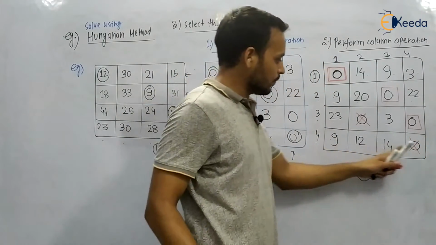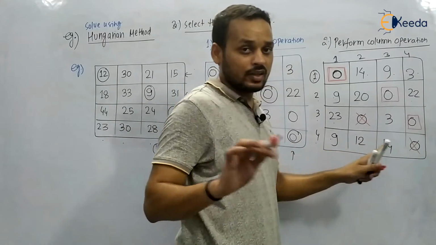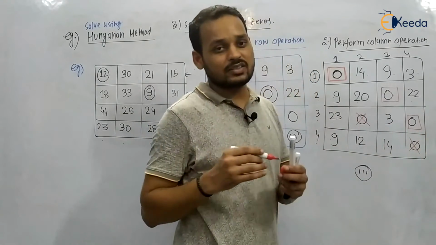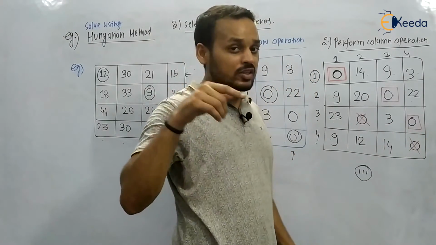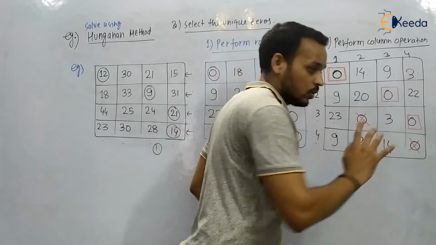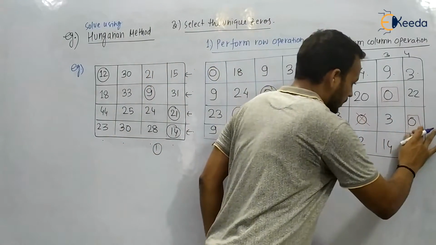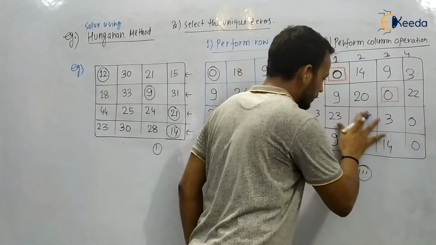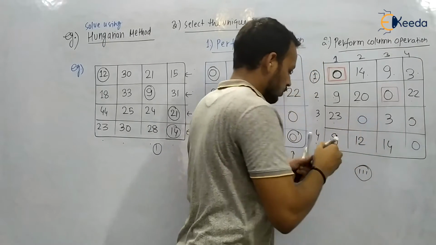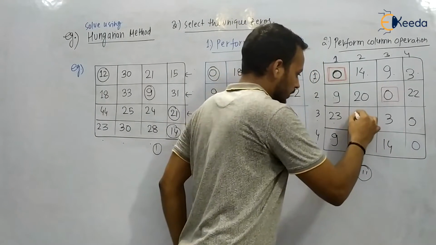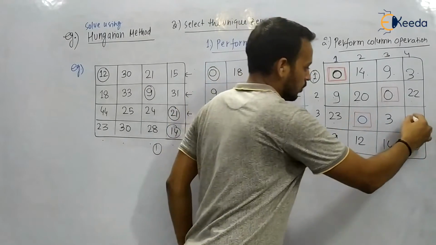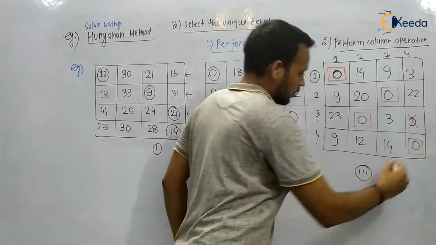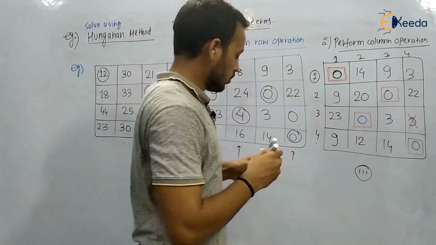See here, in this case you are not able to select any of the zeros. It means factory 4 is not able to supply to any of the destinations, so you are not getting a unique zero in this row. It means you have made a mistake here. This was your zero, so you should try to select this one instead. Since you have selected this one, you cannot select that zero. Now in the next you will select this zero, so in every row you have got one zero.